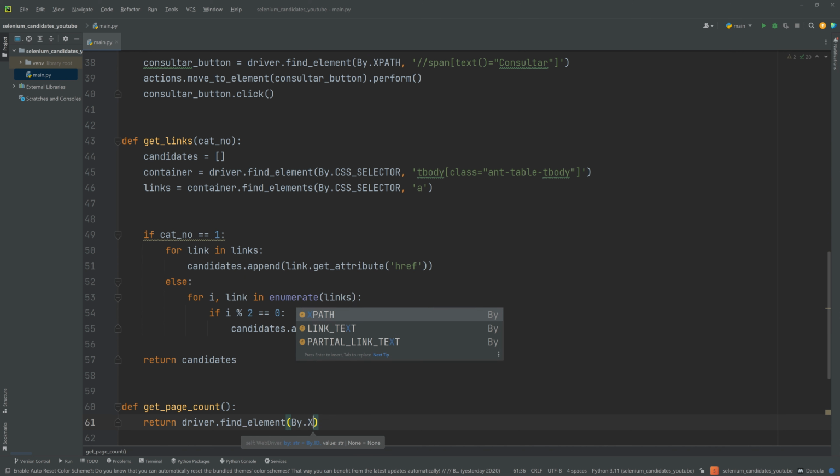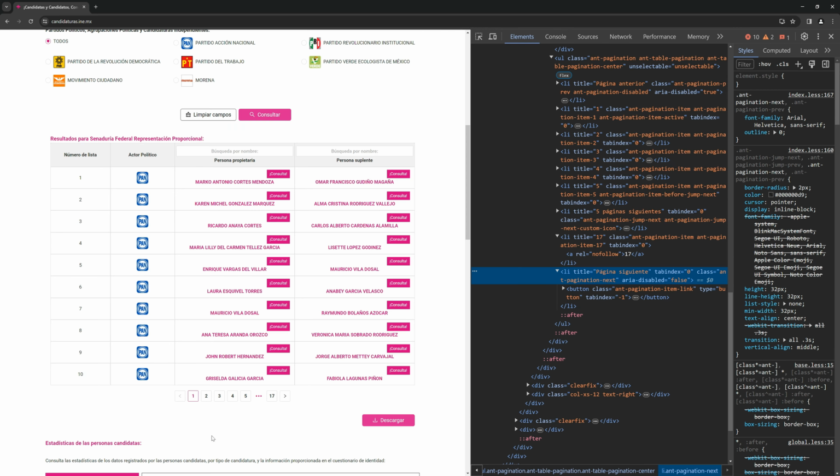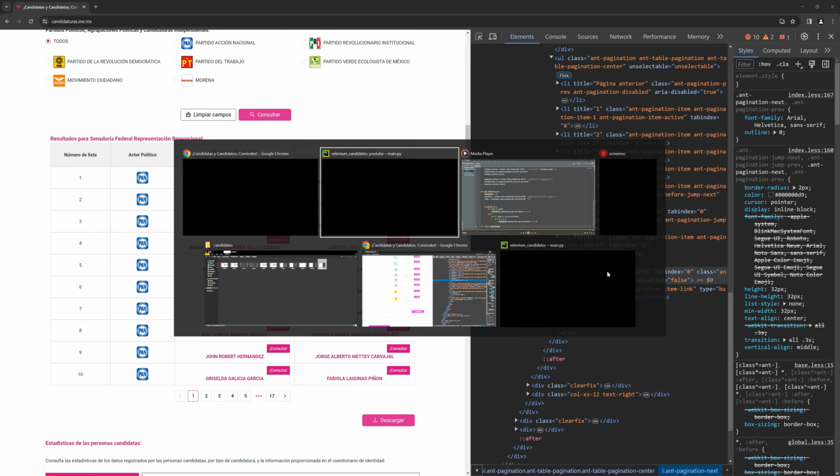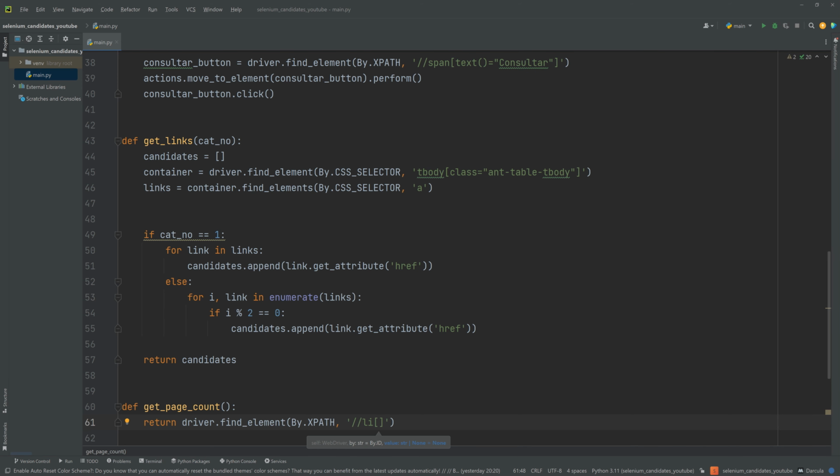I will use xpath here, and it was an li tag, so I will write it like this. We are choosing according to this title first, so attribute title is equal to this one I copied, and we will go to its preceding sibling,